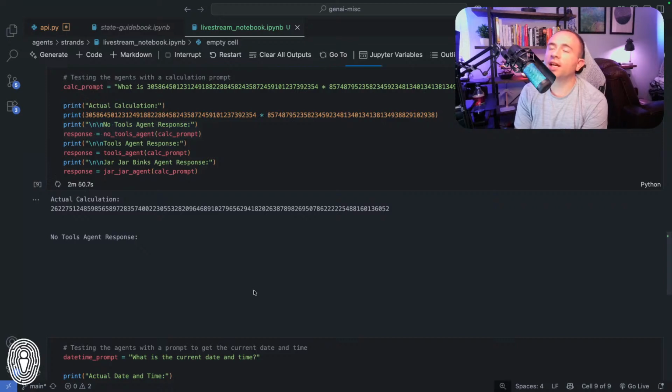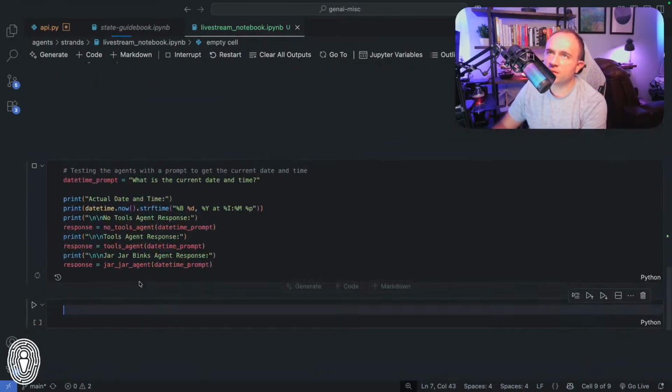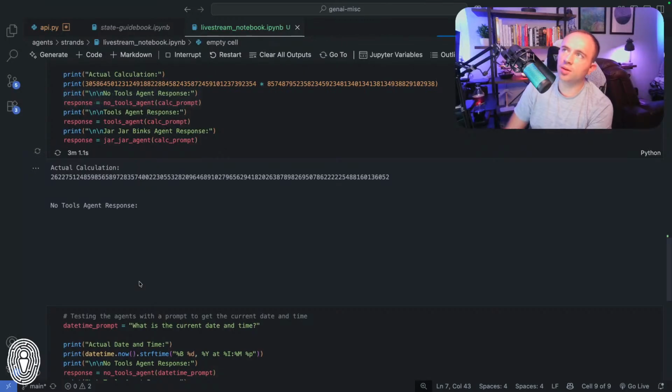Wow. I can't believe it's taking this long. What model are we using? I can't even remember. Oh yeah, we're still set at GPT-5, so we're not even at GPT-5 Nano anymore. All right, I'm going to let this go as long as 5 minutes, and if it goes above 5 minutes, then yeah, I'm killing it.